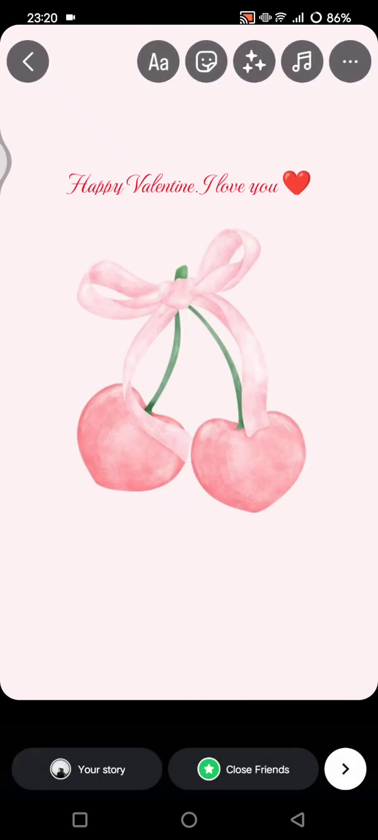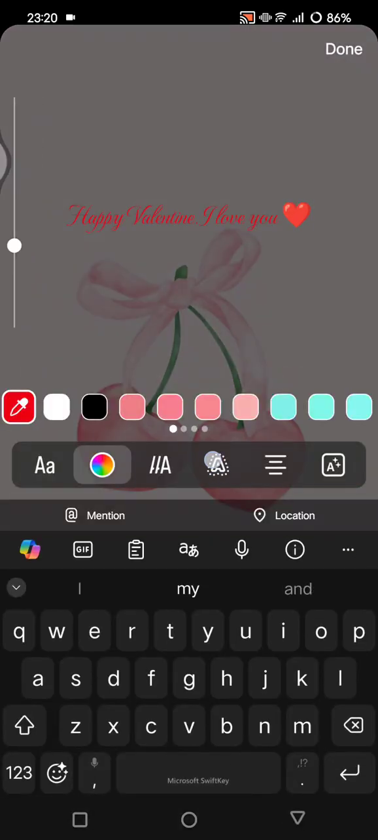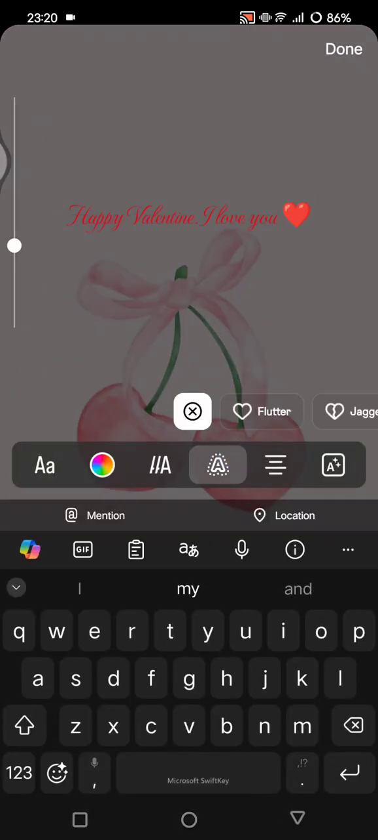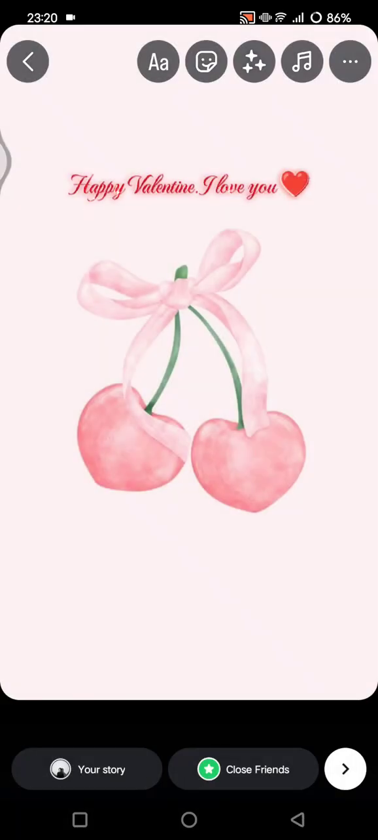And to add the fluttering text animation, you can click on the text again, and here click on this button, and there will be this flutter text animation. And as you guys can see now, the text will turn like this,